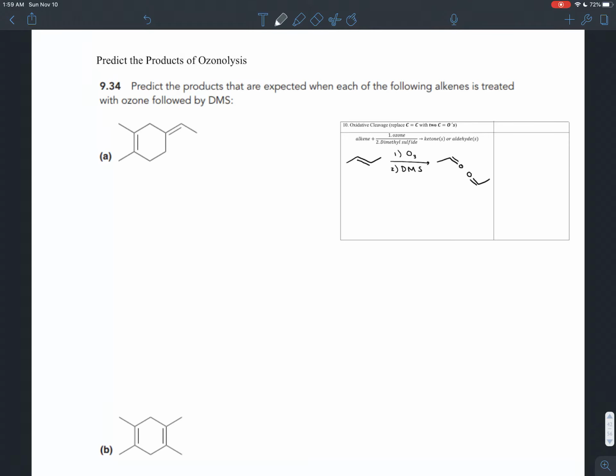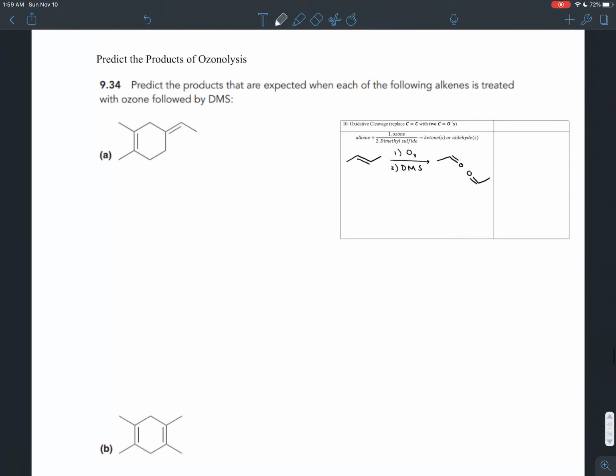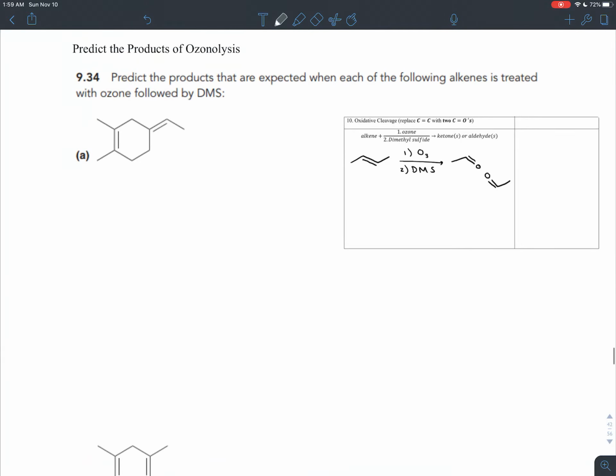In exercise 934, we're going to be looking at ozonolysis from the perspective of synthesis. So given a reactant, if we do ozonolysis with that, what will we get without having to draw each of the individual steps in the mechanism? Here they say predict the products that are expected when each of the following alkenes is treated with ozone,